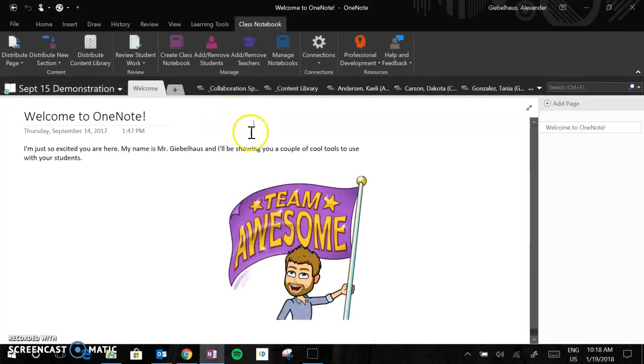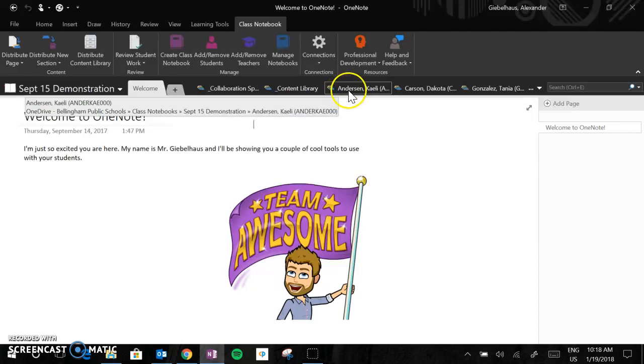So I'm going to show you how to help a student back up their work so they can access it at a later date in case they lose access to the class notebook. For example, if Kaylee wants to save something that's in her workspace in the notebook, she needs to